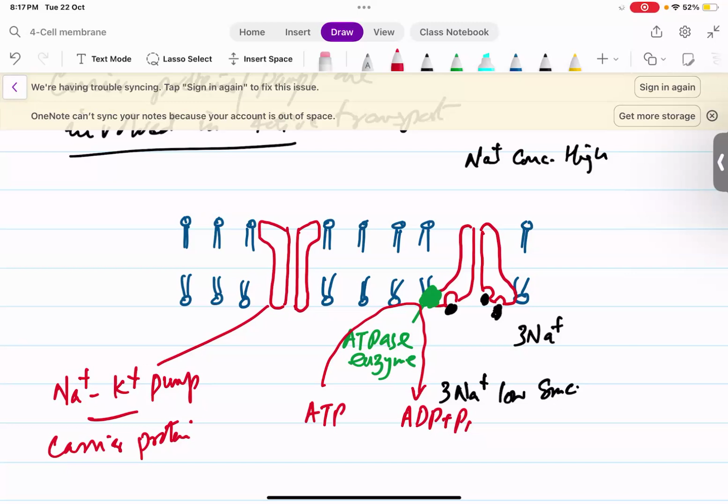This energy released is used to change the shape of this protein. So the shape changes from this shape, which has a binding site on inside, to this shape which has the binding site on outside. And the inner binding sites that you see are removed, and they change. So consequently, what happens? These sodium ions are moved out. So 3 sodium ions are moved out, and at the same time, 2 potassium ions bind here,